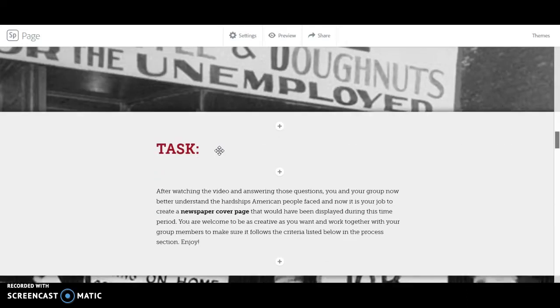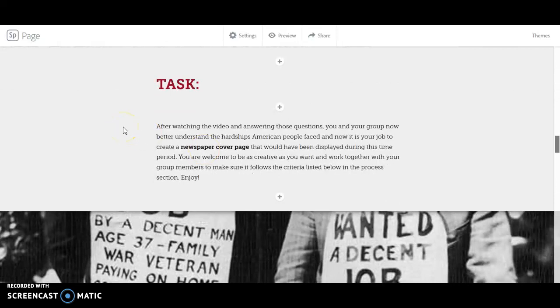And as we keep scrolling down, we get to the task. And in the task, you don't want to list the steps, you just want to simply give a brief summary of what this WebQuest is all about and what the students are going to be doing in their groups. So for this one, I thought it would be a really creative idea for the students to create a newspaper cover page, not an entire newspaper, just the cover page with the big bolded title that catches